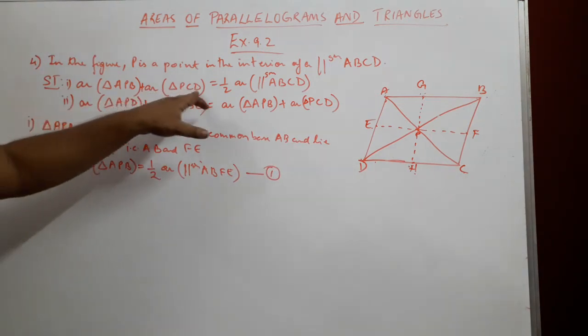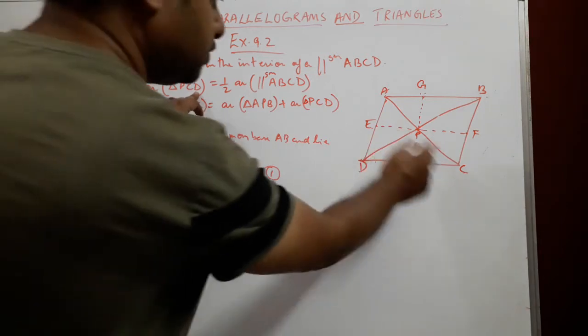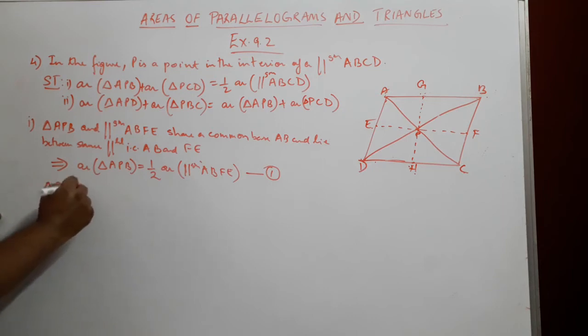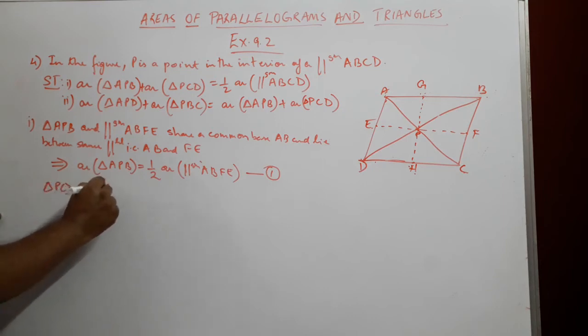Next we want area of triangle PCD, the one below over here. So we say triangle PCD and parallelogram